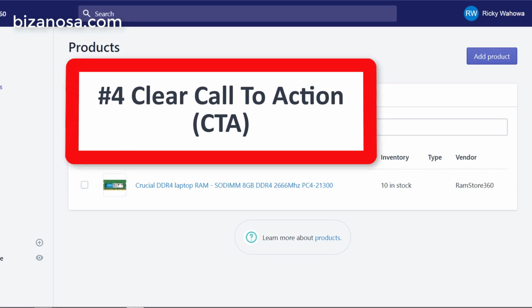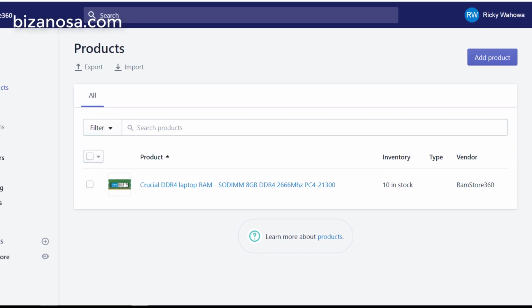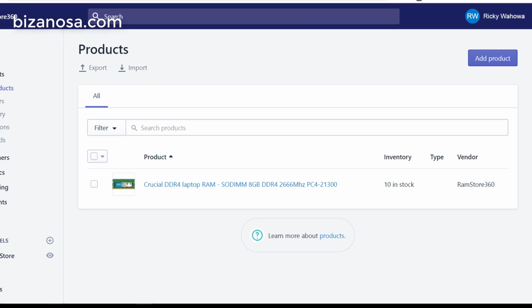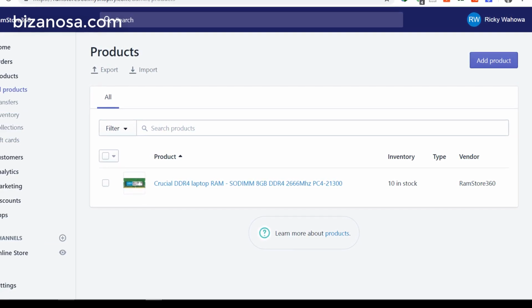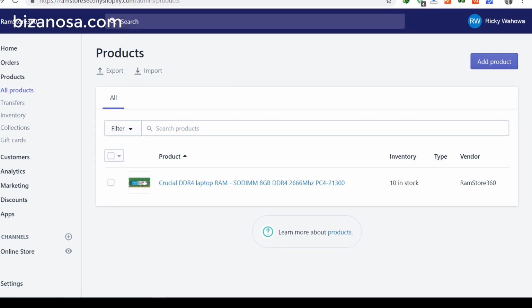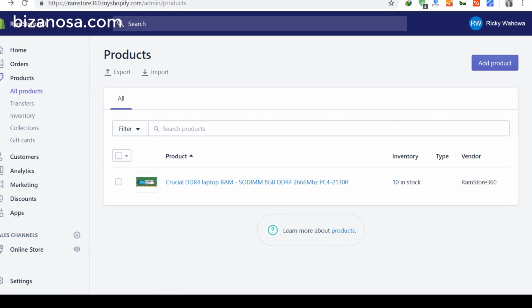Within the description, you can do it many times. You don't have to do it once. Once you've written a few descriptions about the product, you can say something like, buy it right now and you'll get it within a week. It will be shipped to you within the next 3 days. Buy it now before the stock runs out. There are only a few left in stock, so buy yours today and it will be shipped to you within